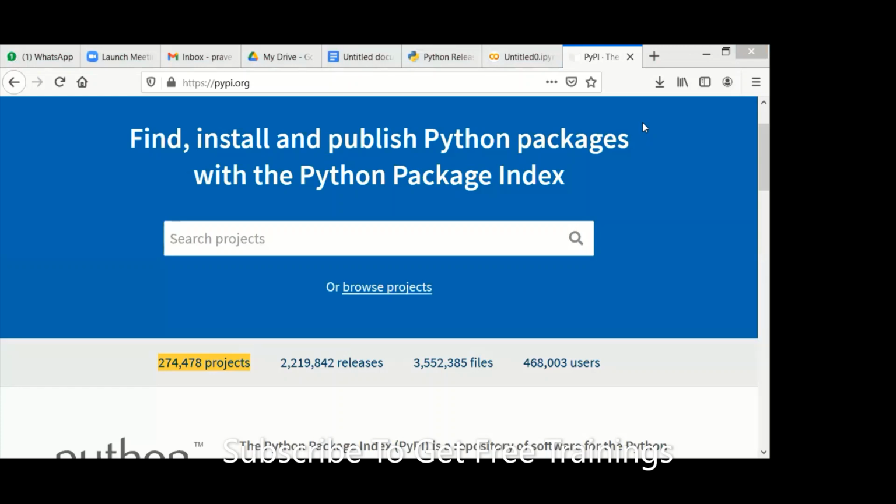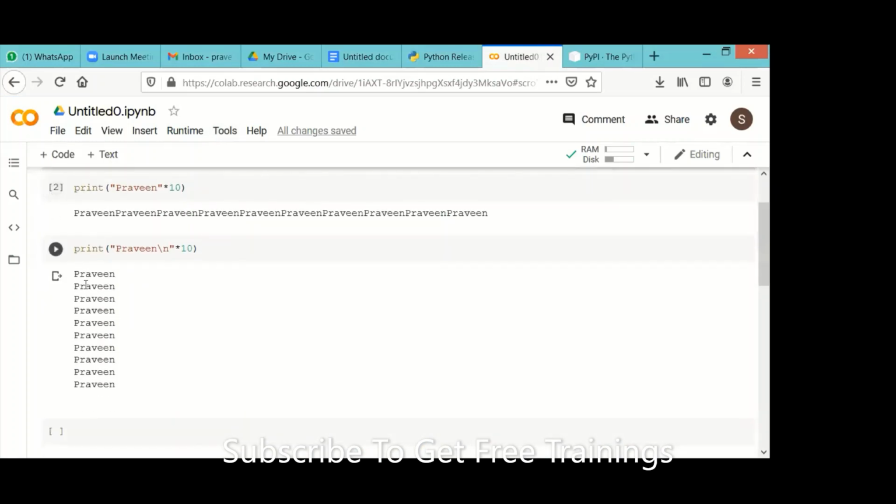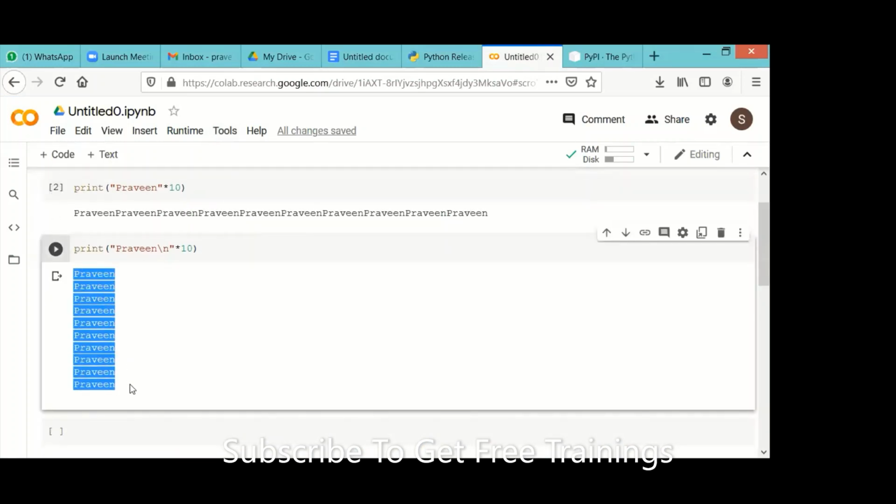Python is very easy. Just now you have seen, to print my name 10 times, I finished in a one-line program. It is very simple, so anyone can learn it. Are you understanding my point? It's very simple, so anyone can learn it.